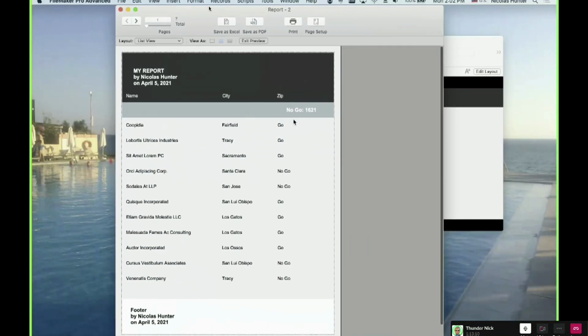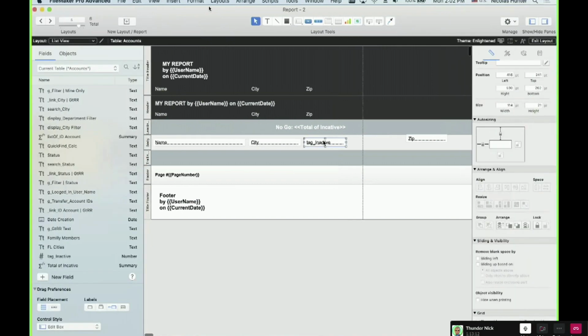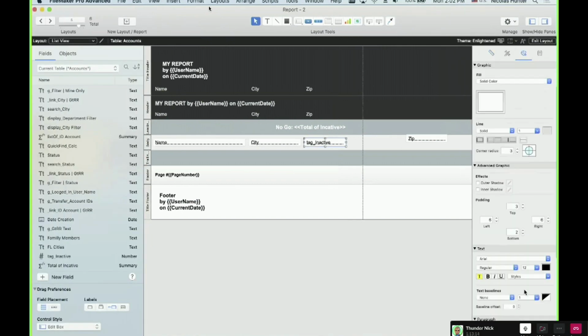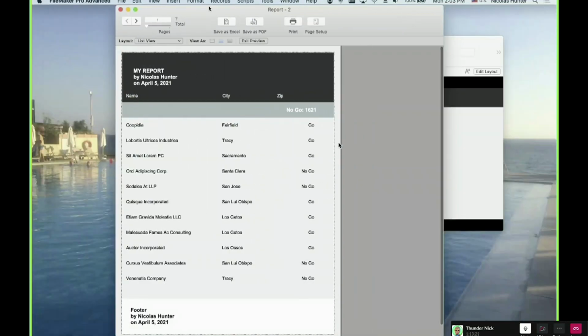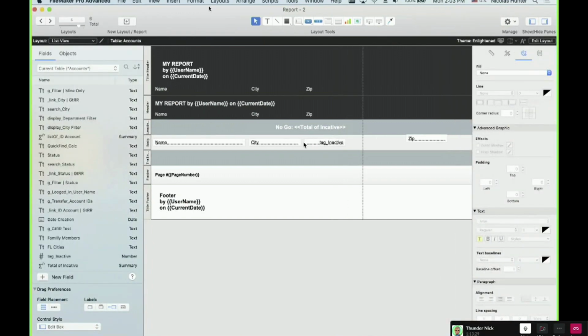Because you have the data with the title, the counter, and the total with the data, right? So it makes more sense. You know what I mean? You have a visual kind of connection here, right? So this is the first level of report.